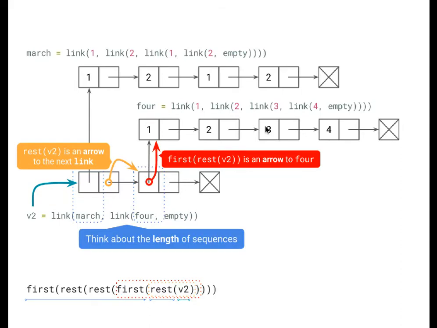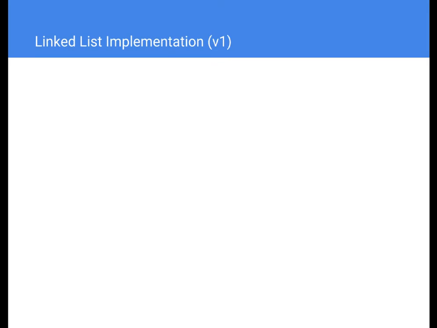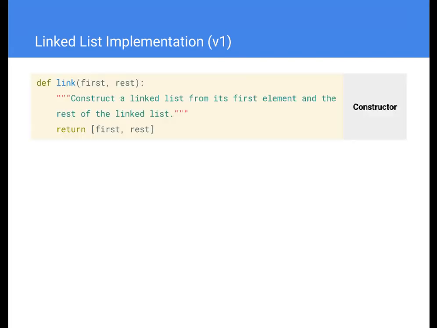But the reason why we do this is because we want to combine values. Lists are a way of putting 2 values or 3 values in one thing. And so same thing here. We can combine values using lists. And so to select the first of that list, I can get s at 0 or s at 1. And so this provides the implementation for the constructors and the selectors that we saw earlier. I really just use Python lists to associate 2 values with each other in one unit. And then to get the first value out of that, I index at index 0. To get the rest, I can index at index 1.